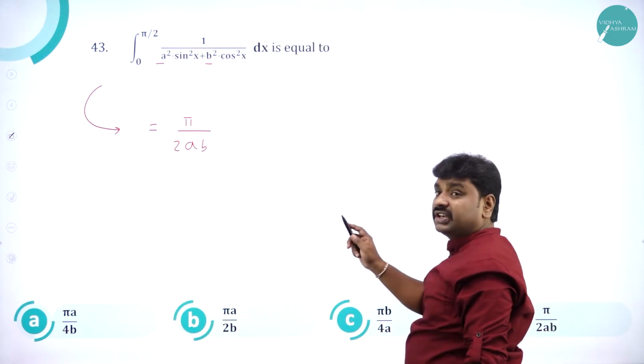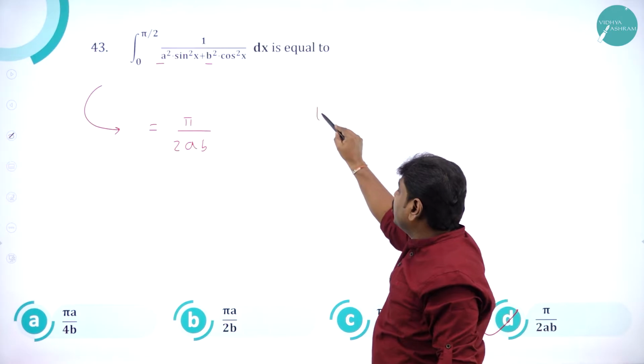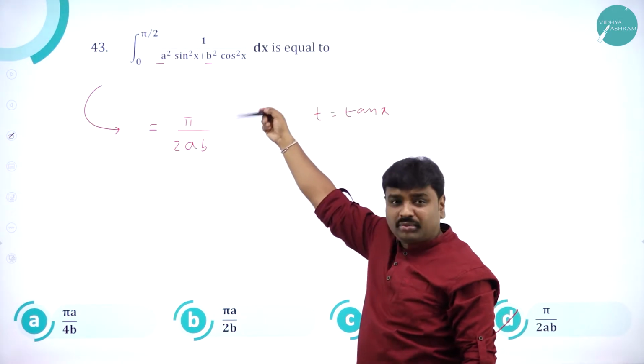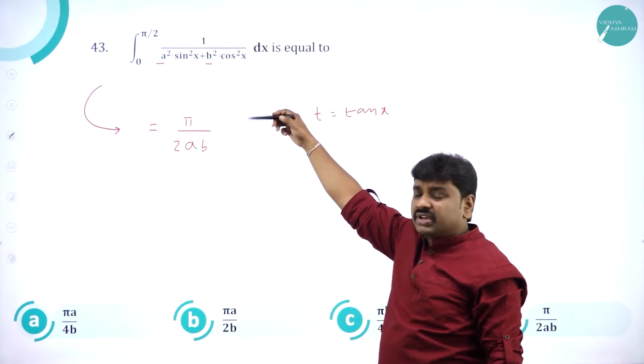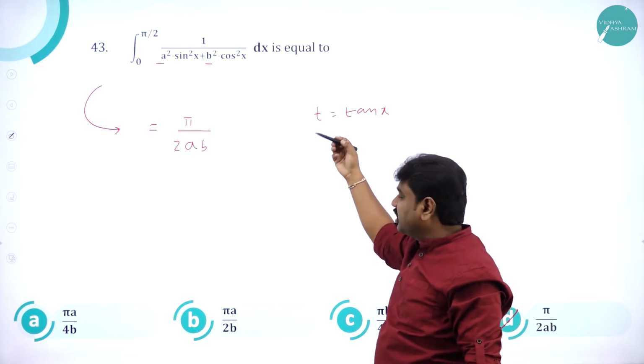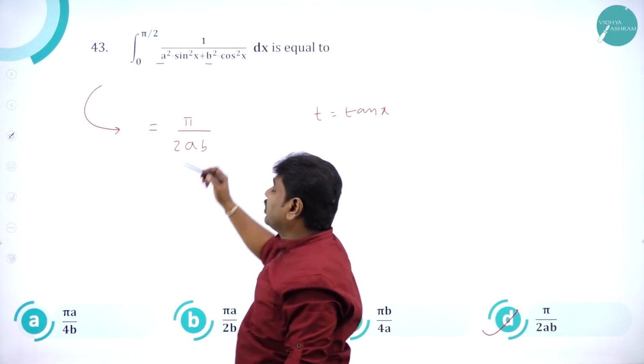The real method of integration is to put t is equal to tan x and get the dx value. First divide numerator and denominator by cos square x and keep solving this. Then differentiation uses secant square x, but it takes a lot of time. But remember, what is the shortcut?